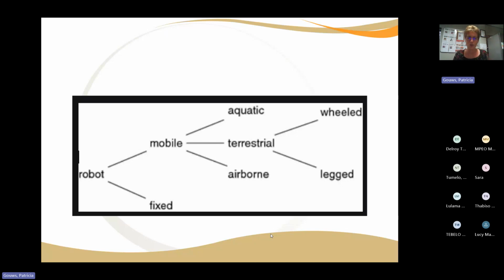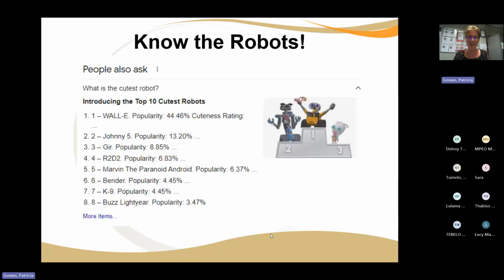Okay, maybe I need to add this to my presentation. All right, but you've got to know your robots. And so this was the top 10 cutest robots. And so Wall-E from the movie is apparently the cutest robot. But as you go down, you see R2-D2 is there. Interesting, Buzz Lightyear also made the list, which is exciting. But these are all robots that have kind of crept in that we know about. Okay. Then